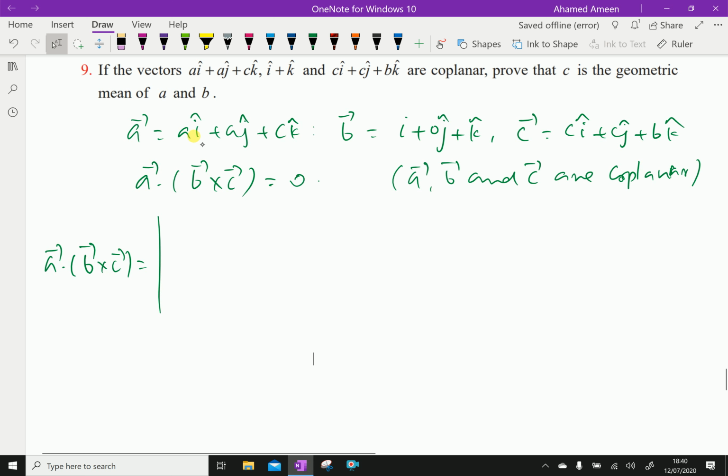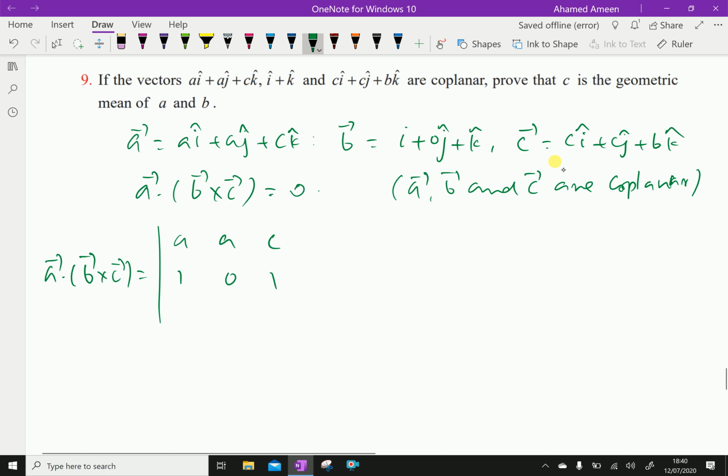vector a has the coefficients a, a, c; b has 1, 0, 1; c has c, c, b. It must be 0. Therefore, you can say